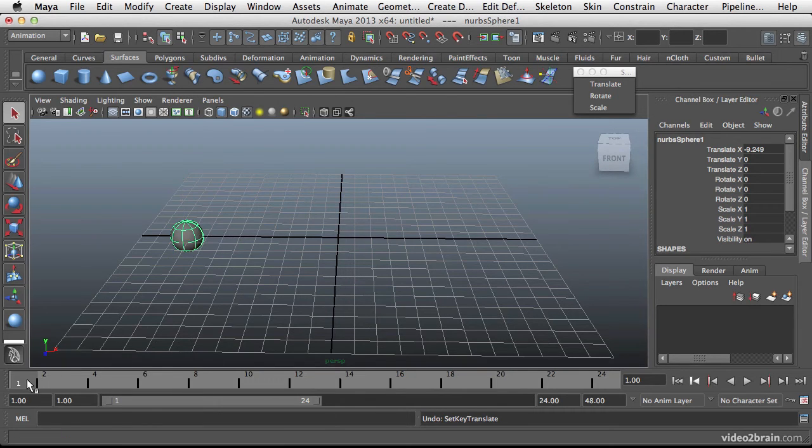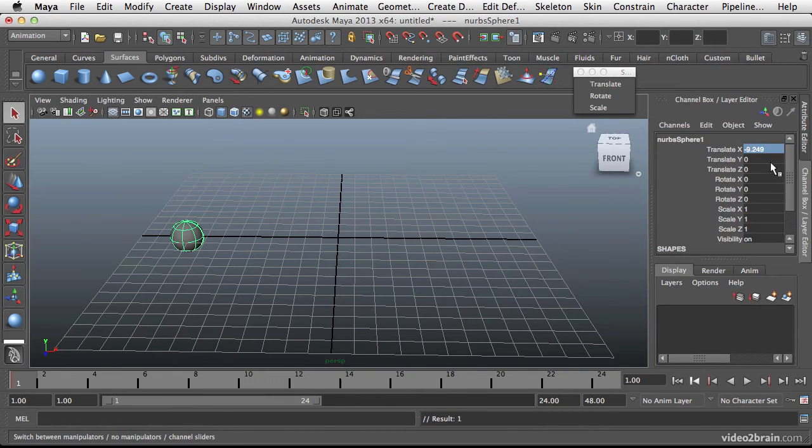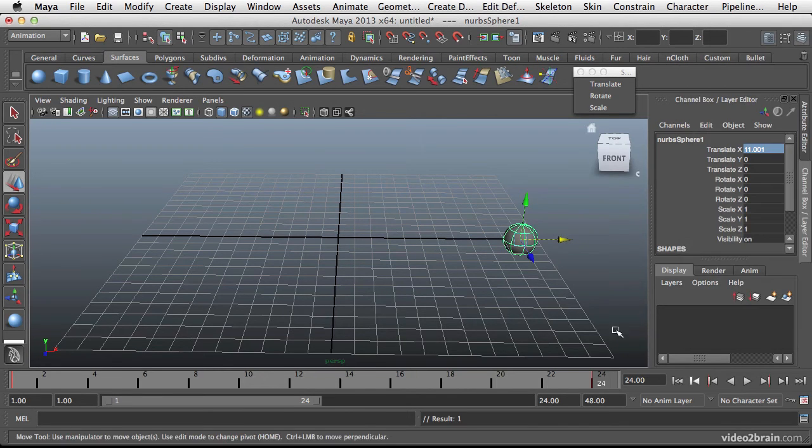So let's say then, for example, I want to take this ball, have it move left to right, but then have the other translate keys move independently. So the X moves independently from the Y or the Z. So let's go ahead and move the ball where I want it, and I can right click and then key selected. So I've just keyed that attribute, and now if I scrub down and I pull this over to a different position, I can right click again, key selected, and now I've keyed that translate,